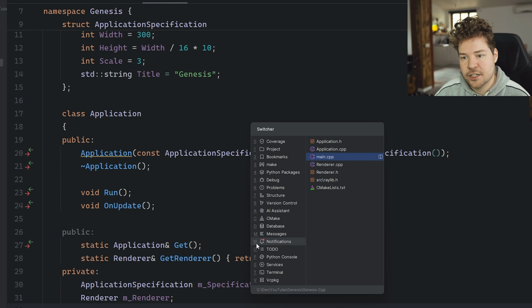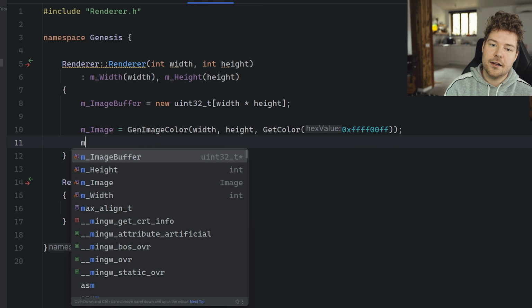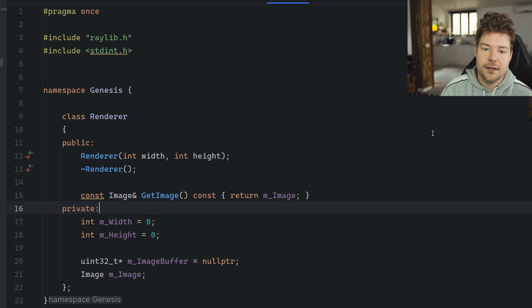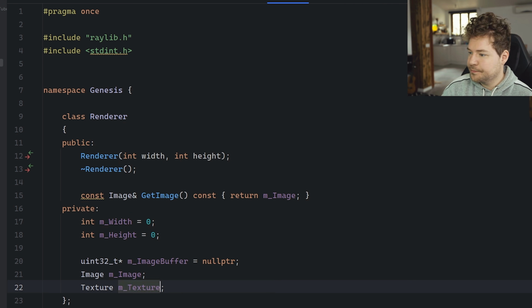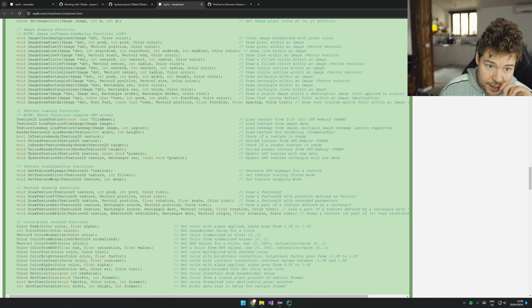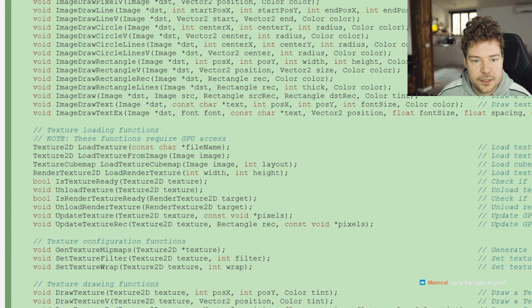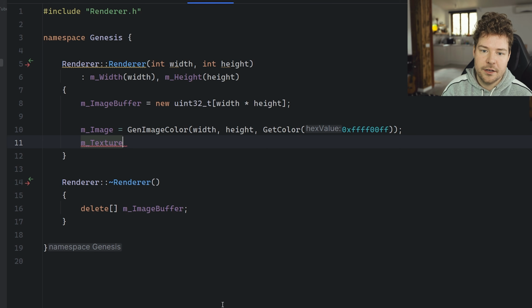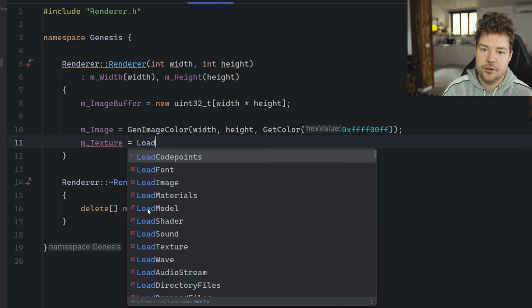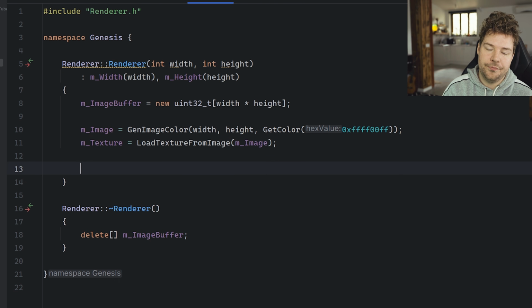Rather than getting the image, we probably actually need a texture from raylib, and we can create one obviously. Yeah, because once we've created it, I think we can just make a texture. We might not even need a member variable being an image here. I think we can probably just do texture. So let's see over here. We have load texture. Texture 2D is probably what we want here. But then we also have a load texture from image function, which gives us a texture 2D. So let's make this a texture 2D. And then let's do load texture from image, and we'll just do image. And that's it. We should have a texture, and obviously we can call update texture and then give it some